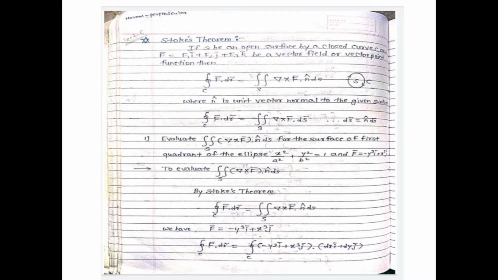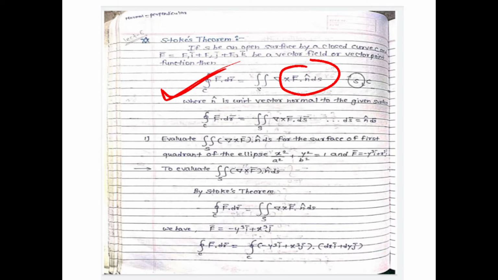Okay, this is one of the important conditions when you are solving problems based on Stokes theorem. You have to understand both LHS as well as RHS. If the question is given in the form of del cross F bar dot n cap ds, then you have to use Stokes theorem. In Stokes theorem, we are converting the single integration to double integration, so the line integral is converted to surface integral. So if any MCQ is asked like which theorem is used to convert this line integral to surface integral, obviously the answer will be Stokes theorem.